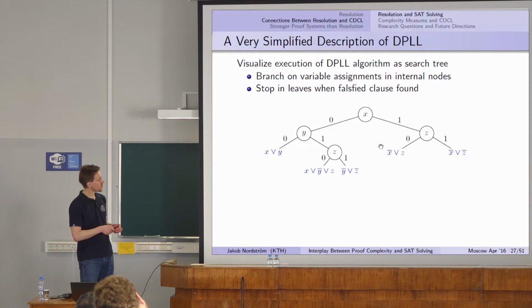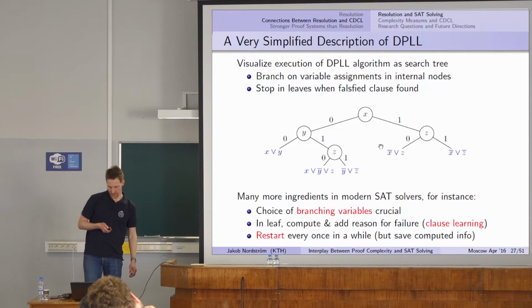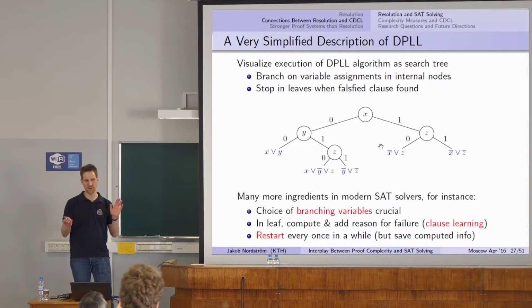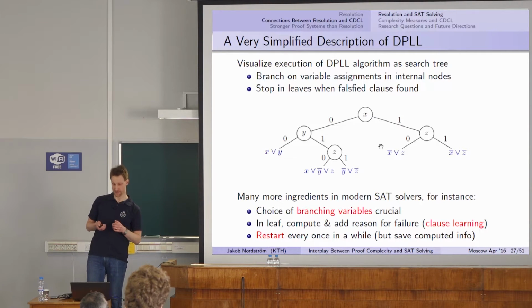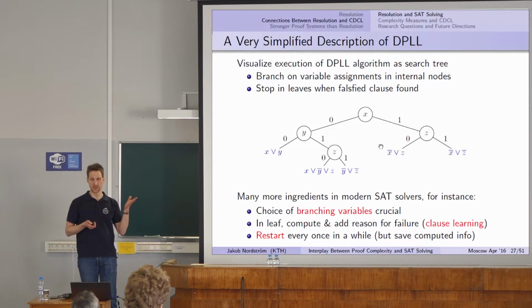And now what should I do with z? Let's set it to false. Whoops, that was not a good assignment, because I'm falsifying this clause. Let me try to set z to true instead, but now I'm falsifying this clause. That's a problem. It turns out that whatever I do to y, it won't work. Setting x to false was probably a bad idea. Let me try to set x to true instead. That's what it does, and this is a very simplified description, obviously. There are a lot more components, but this is